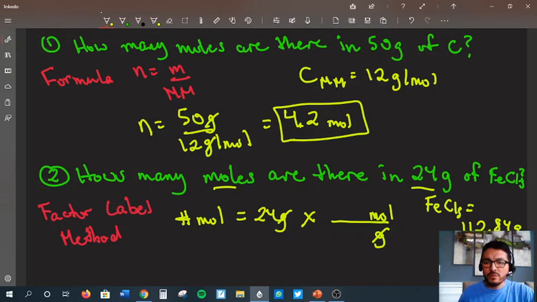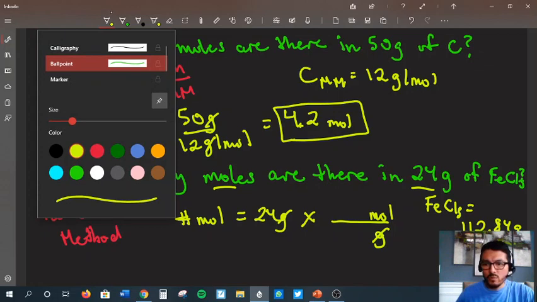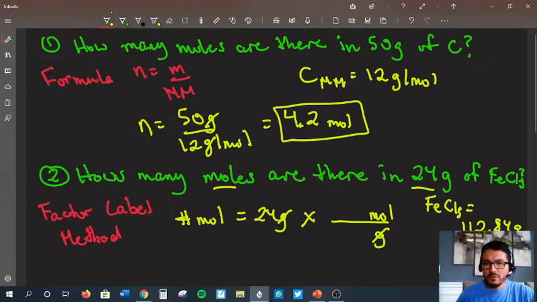So the number that's associated with the unit mole is 1, because if we interpret this properly, it says 112.84 grams for every 1 mole. So we write 1 mole. How many grams are there for every 1 mole according to the conversion factor? It's 112.84. So what we're doing here is canceling out the units we don't want and keeping the unit